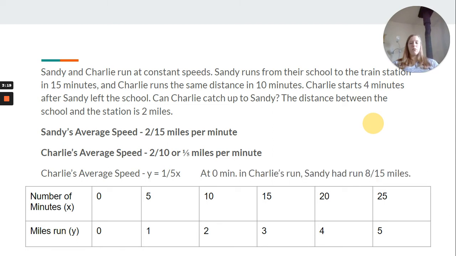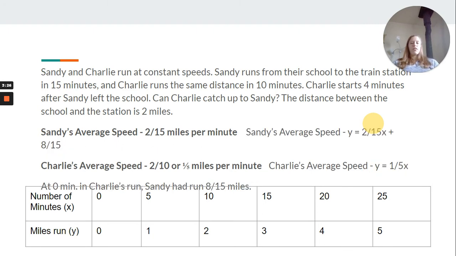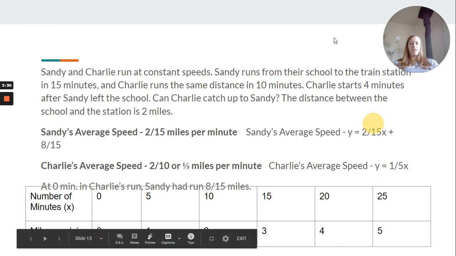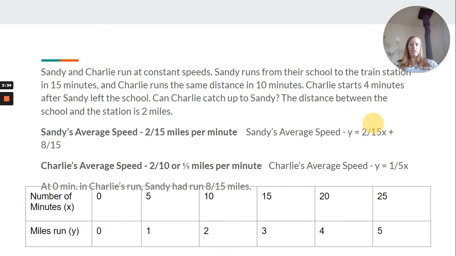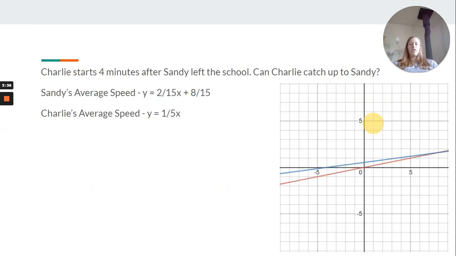Okay, so at 0 minutes in Charlie's run, Sandy had run 8/15 of a mile. So her average speed equation is y equals 2/15 x plus 8/15, because she had already had that 8/15, and then her average is 2/15 per minute. So if he starts 4 minutes after, we graphed those two equations, their average speed, so you can see that Sandy starts at 4 minutes before Charlie. However, when they cross,